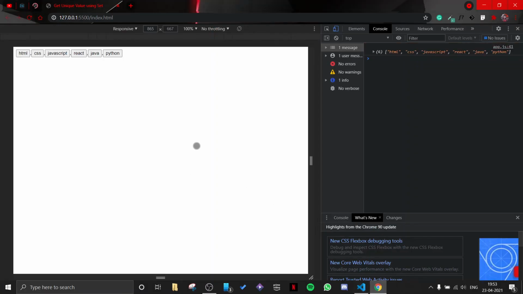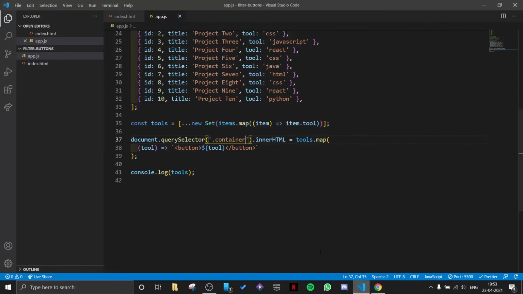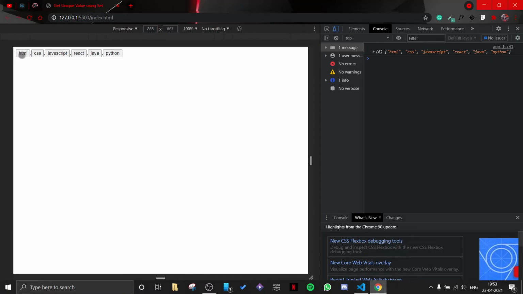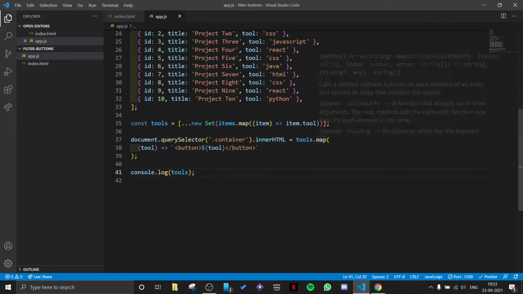So you see, we have these tools: HTML, CSS, JavaScript, React, Java, Python. For each of the tools, we are returning a button, and the text on the button is the tool name itself. And yeah, we have these buttons. However, we have them separated by commas because map is returning an array and the array elements are separated by commas.